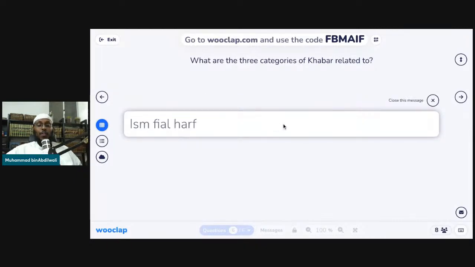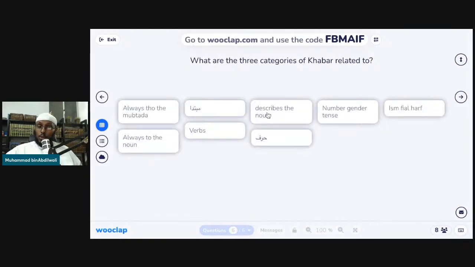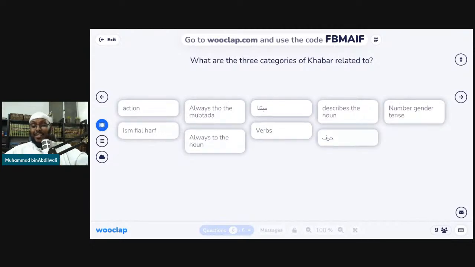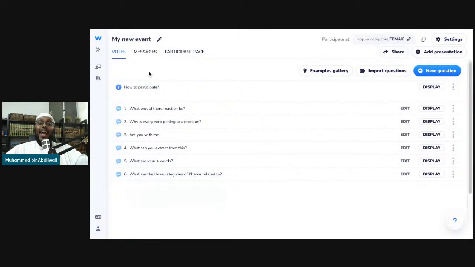Ism, fi'l, harf. Remember last week's last lesson? Last lesson was about what? The three categories of speech. Now, it shouldn't come to you as a surprise that the khabar can be of three types. And what defines the type of khabar is what? Naam, you guessed it right. What defines it is the category of speech,